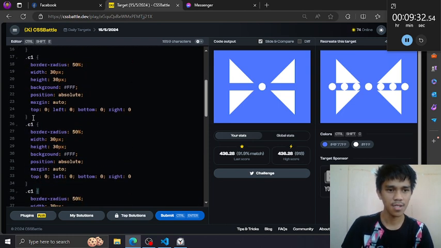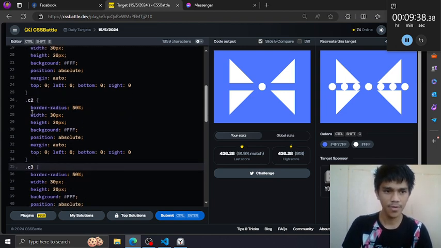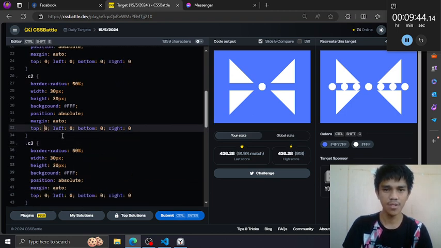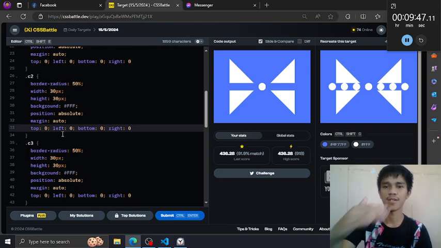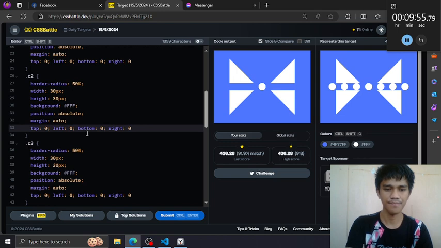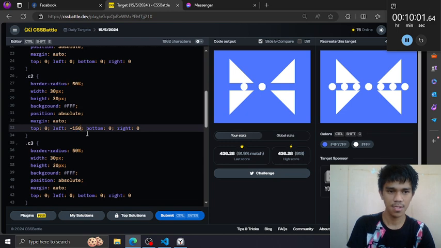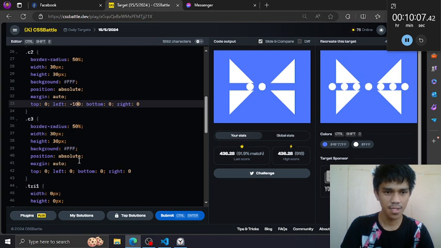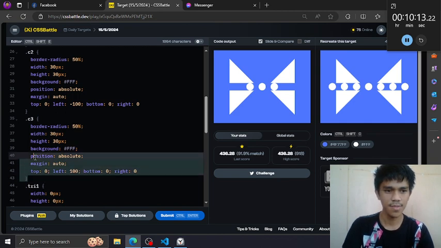Okay, let's first do the C2 and C3. So for the C2, just adjust the horizontal position or the slide position here, the left or the right. So the left must be negative 50, 150, 100. And for the C3, let's just invert this, so 100 also, and copy this.